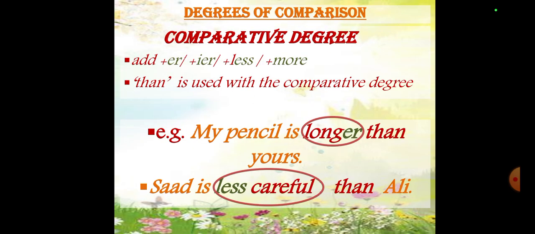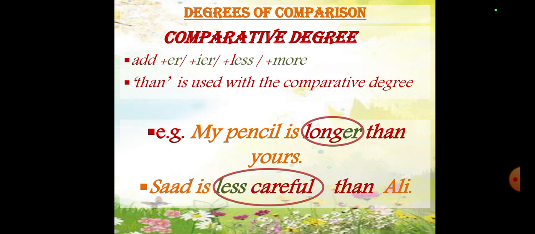Then for the comparative degree, you have to add ER, IER, plus less and plus more, and then, than is used to talk about the comparative degree. So you can add ER like heavier, and IER lighter or tinier, and you can also use less, and you can also use more. That is basically a very normal thing that we all hear